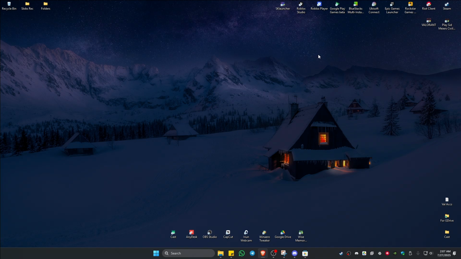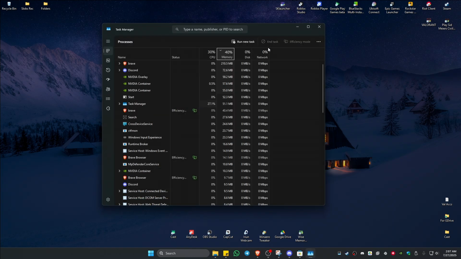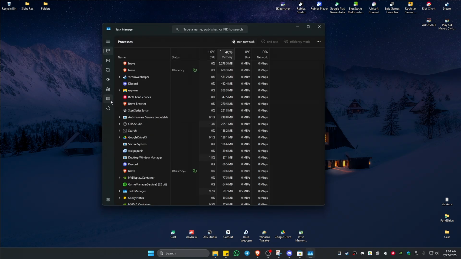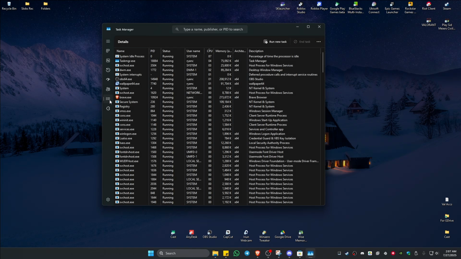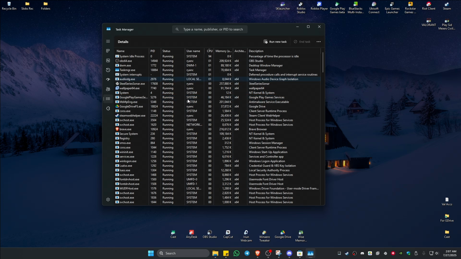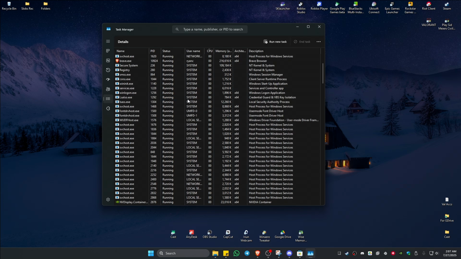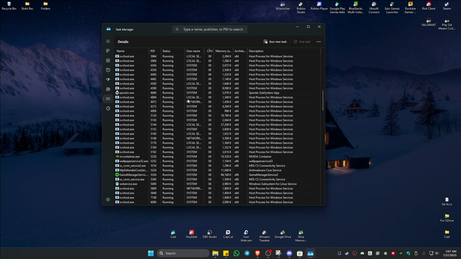Now, first up, let's just go ahead and open up Task Manager. Right click here on your taskbar and click on Task Manager. Okay. Now go ahead and find the Details tab. Click on it. Now go ahead and disable or end any of the services or tasks right here that you